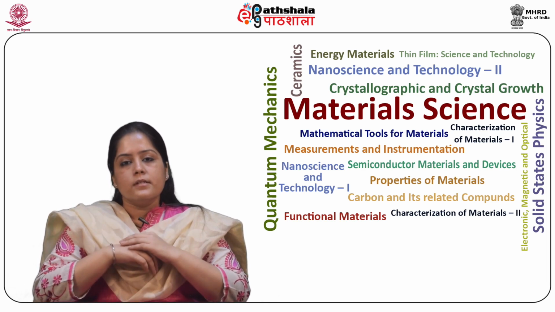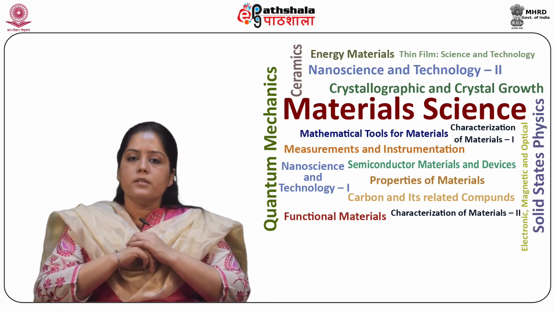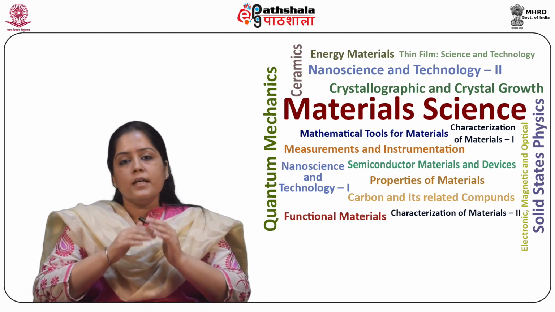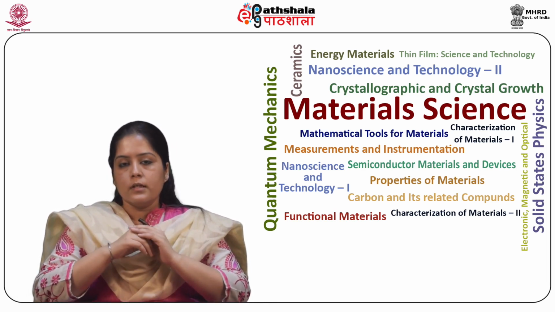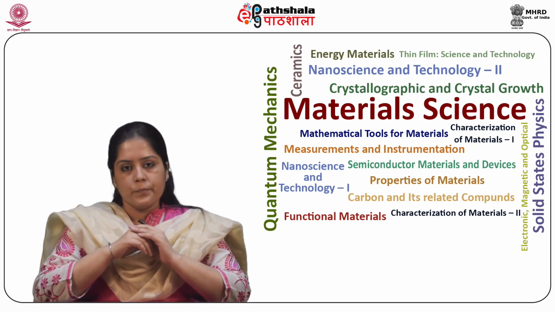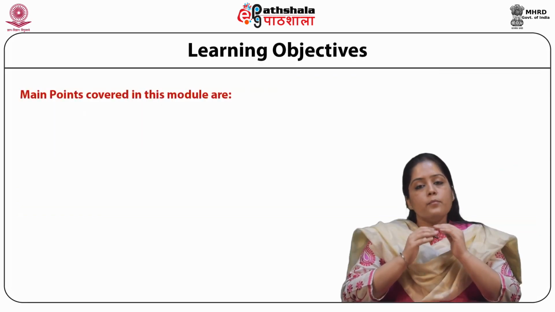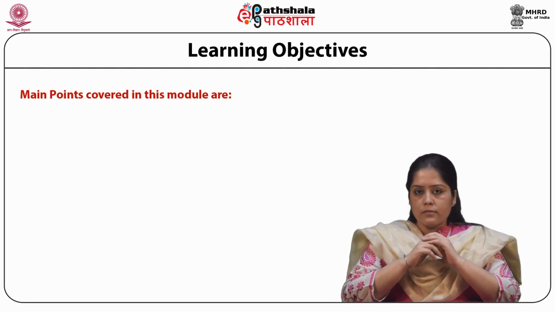So students, today we are going to discuss the module PN junction diode, characteristics of solar cell from the paper Energy related materials. So the main points which will be covered in this module are: